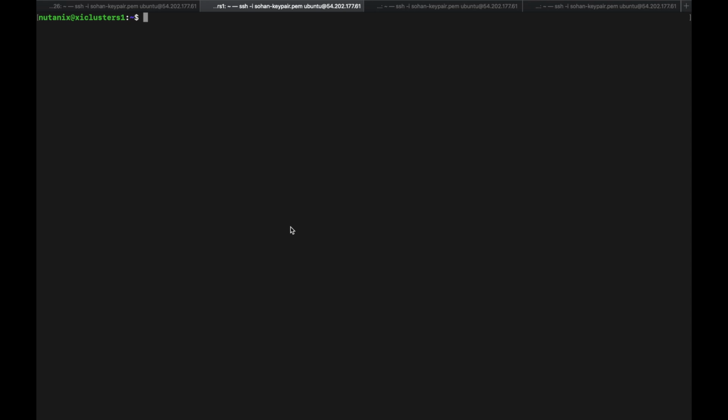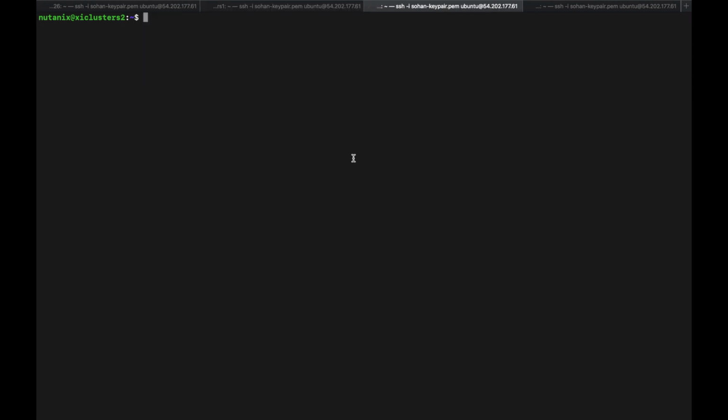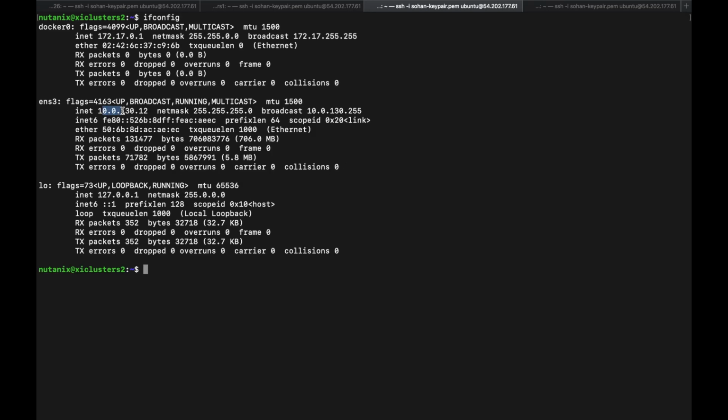Here we have a 3 node Kubernetes cluster, which is in the 130.0/24 subnet. If we run the config command, we can see that these belong to the 130.0/24 subnet. The nodes are named Zyclusters 1, Zyclusters 2, and Zyclusters 3. Zyclusters 1 is the master node here, which I use to run the kubectl commands. The kubectl command lets you control the Kubernetes clusters, things like adding pods, deployments, monitoring them, and deleting them can be done using this tool.